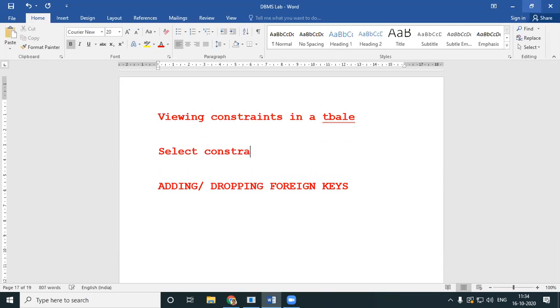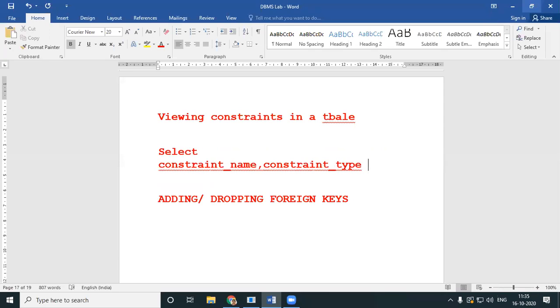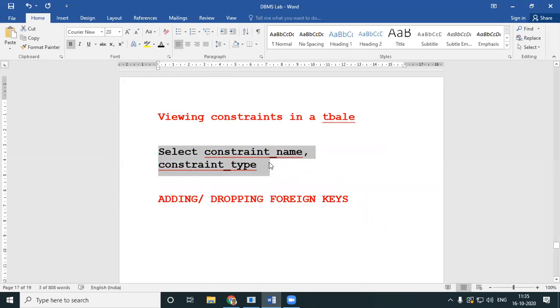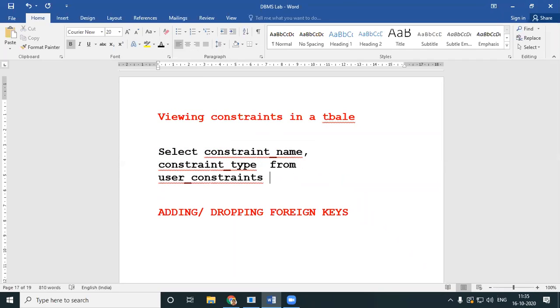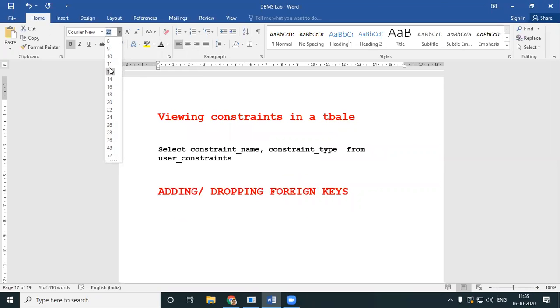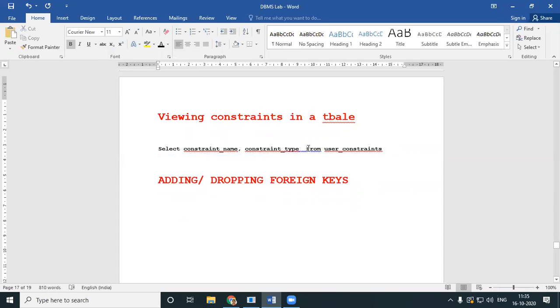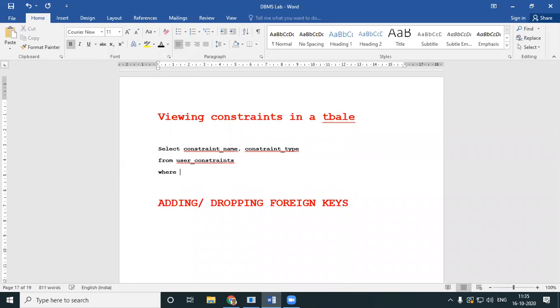Select constraint_name, constraint_type from user_constraints where you give a condition: table_name equal to, and you should be giving this in caps, STU_DETAILS.